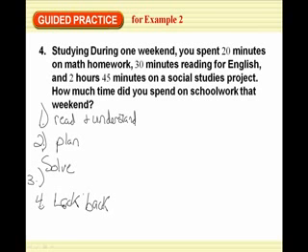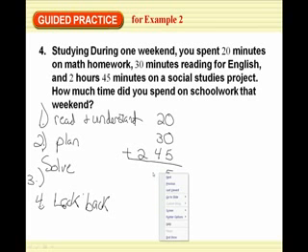Okay, so first thing I'm going to do is read it and understand it. I read it once, but now I'm going to read it again. I know that it wants to tell me how much time did I spend on schoolwork. So if I spent 20 minutes on math, 30 minutes for English, 2 hours and 45 minutes for social studies, and they want me to know how much altogether, my plan is then to take them and add them together. So I'm going to line them up: minutes, 30 minutes, and then I have 2 hours and 45 minutes. I'm lining up my minutes with my minutes. So I got a total of